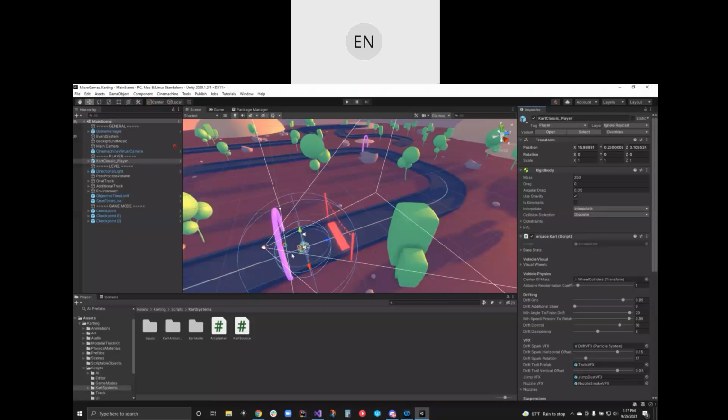So continuing from last class, let me shrink the participant panel up so I get more screen space. All right. So the main player is this Cart Classic player here. On it, like all game objects, has a transform. In this case, it has a rigid body because a lot of